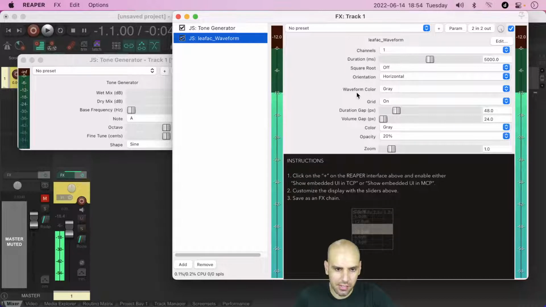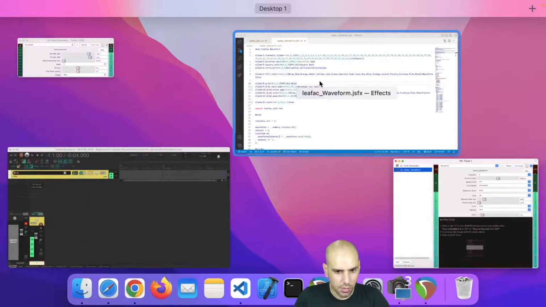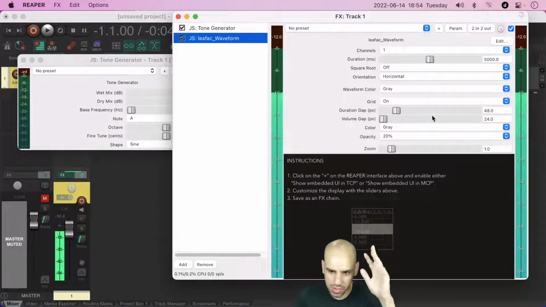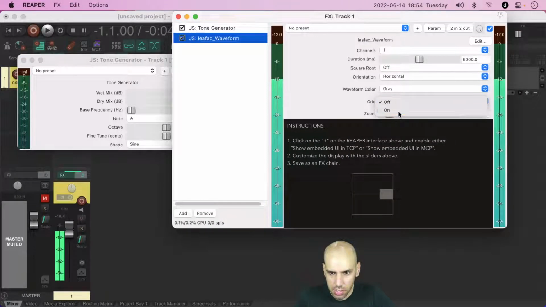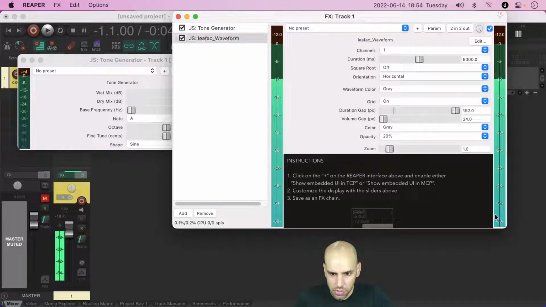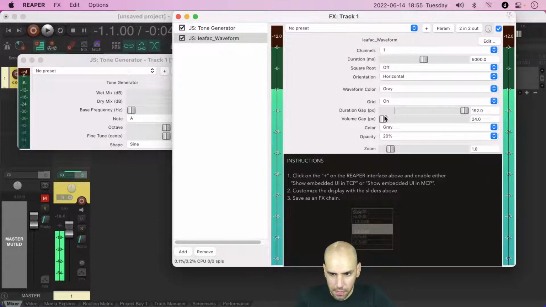And then we add, what do we add? We add zoom, and it interacts with the grid, and it interacts with the orientation. It just compounds. We should avoid features at all costs. All right, so I'll drop this in here again just because I forget what I was doing. Turn on the grid, the duration goes away, and the volume gap, it can be something like